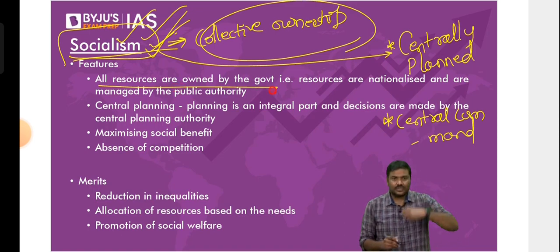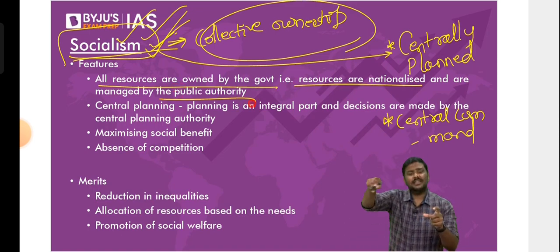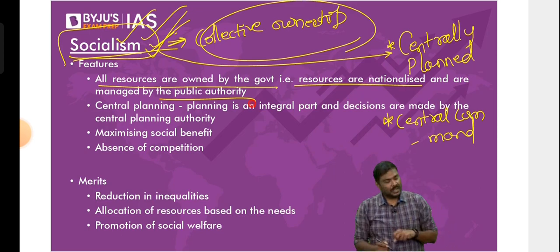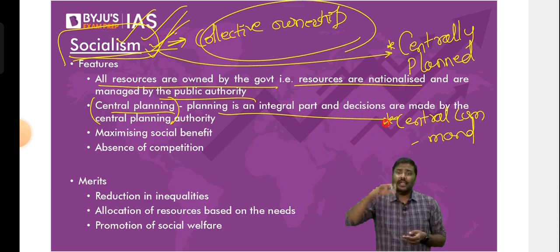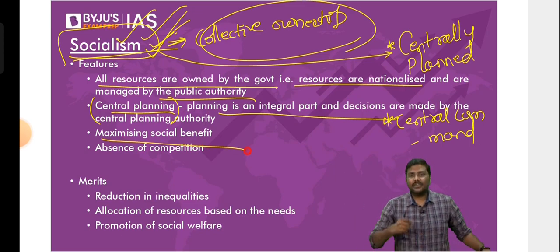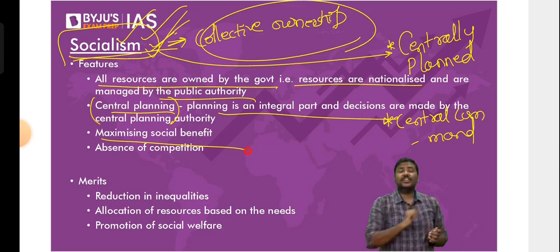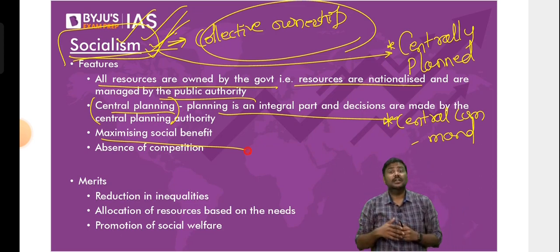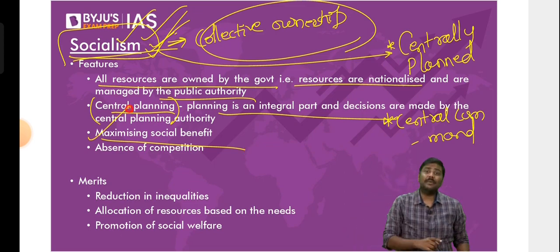So, one, resources in socialism are owned by the government, and the government will set up companies, produce goods, supply goods, and sell the goods to the people. Second, socialism is also associated with central planning, where government plans for the economy, implements the plan, and invests in the economy. Third, the government says we will follow socialism so that we can provide maximum benefit to the people. People are poor, I will create employment and uplift the people. In capitalism, rich people are investing and simply taking away the profits. But in socialism, government says the private sector will not take away the profit, I'm doing this for your benefit. So maximizing social benefit is the objective of socialism.